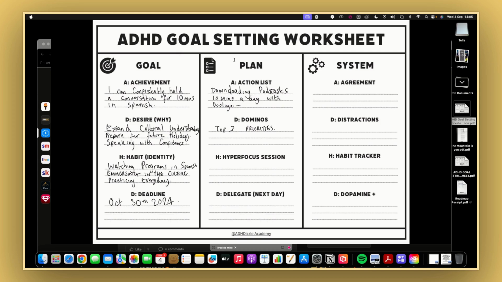And the last one, this video's almost coming up to an hour, man, so I'm going to try and finish this off. We have dopamine, with a plus sign next to it, because dopamine is a thing that we're chasing every single day. And as we're chasing this dopamine every single day, we have to be very selective of which dopamine we are choosing to use. You have to celebrate the milestones, basically. So what was a healthy dopamine hit that you did today?